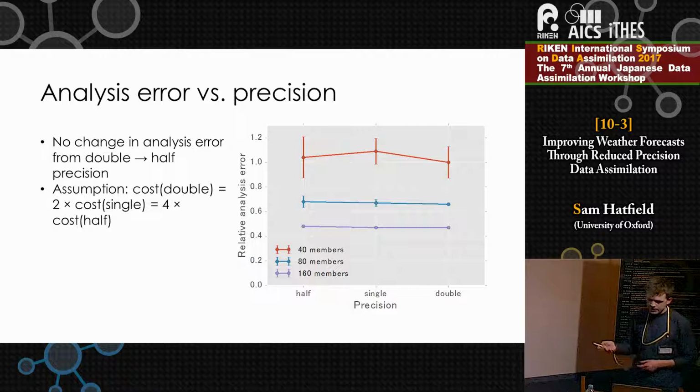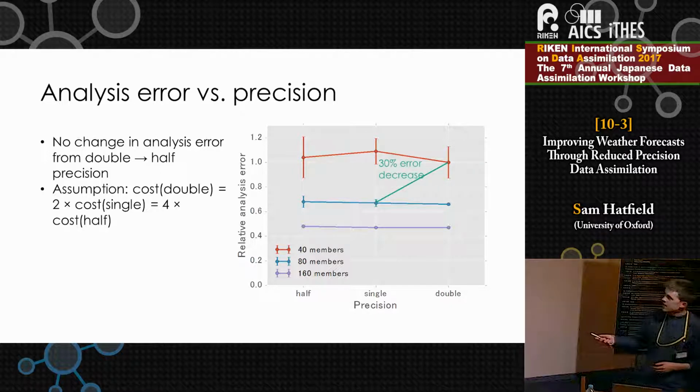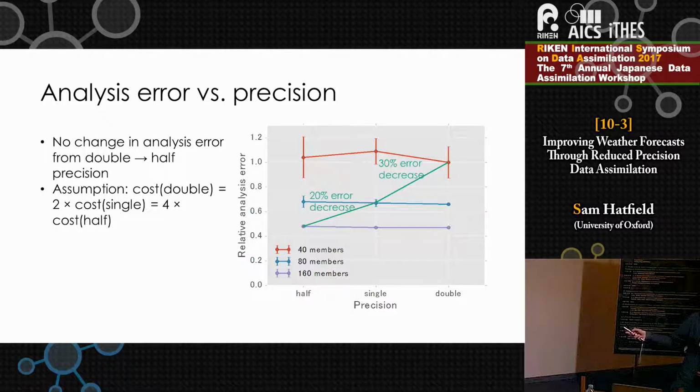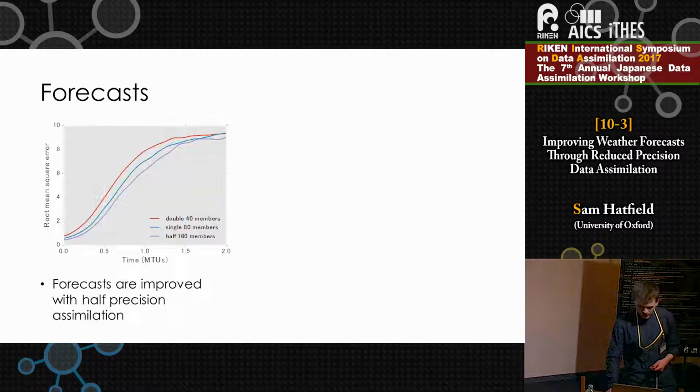So this means that double precision with 40 members costs roughly the same as single precision with 80 members and half precision with 160 members. However, the single precision with 80 members has a 30% lower error than double precision with 40, and half precision with 160 members has a 50% lower error than double precision with 40. So this reduction in the analysis error